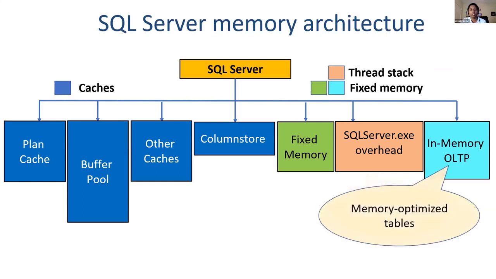There is another memory called in-memory OLTP. It is also fixed memory, and it holds the memory optimized tables, and it cannot be shrunk easily when it is in use. For example, all the objects inside the in-memory OLTP should be deleted first, and the clean-up process will come and clean that up so that the memory inside the in-memory OLTP will be available for other tables to be stored.